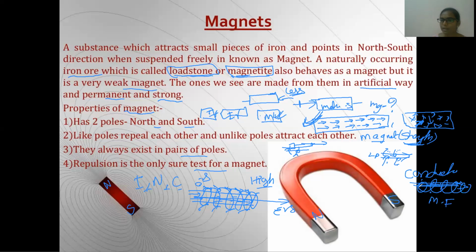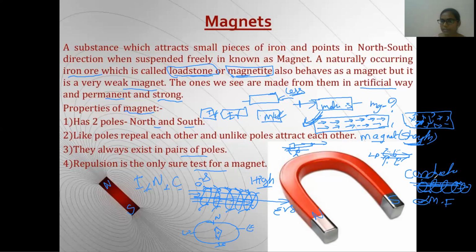This experiment was done by Oersted. If you want, you can also check it: take one compass box. You know a compass box, right, children? It is a round circular thing indicating north, south, east, west directions, and it has a magnetic needle inside. The specialty of this compass is that the needle will oscillate in the direction of the magnetic field. So when you place your magnetic needle and it shows deflection, it means a magnetic field is going